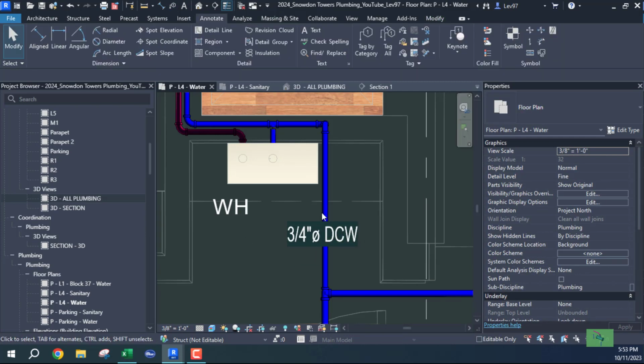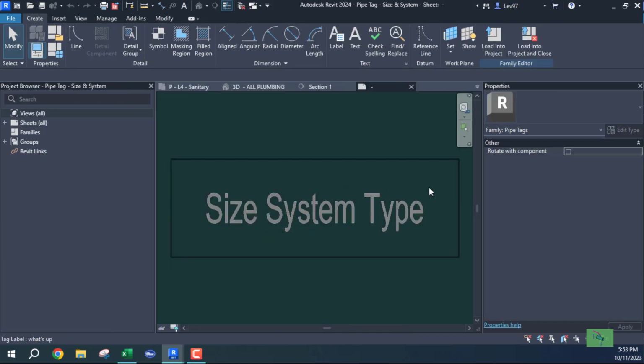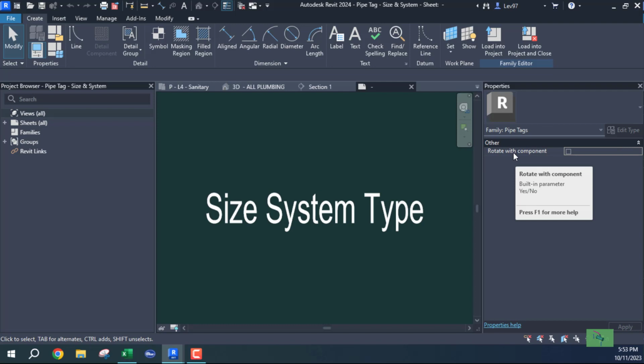To correct that, you have to go into this family, and when you edit that family, what you'll see on the right hand side on your properties palette is that the rotate with component is not checked. Okay, so I checked that,